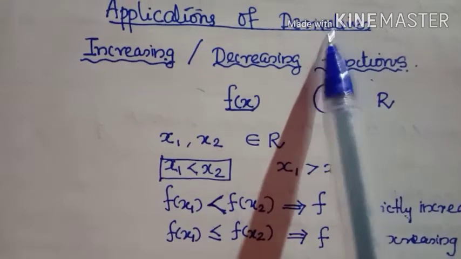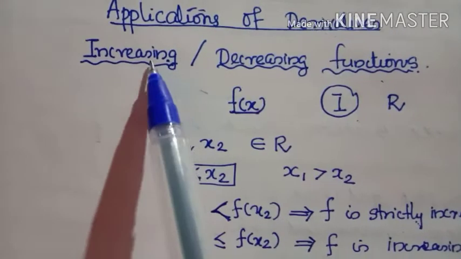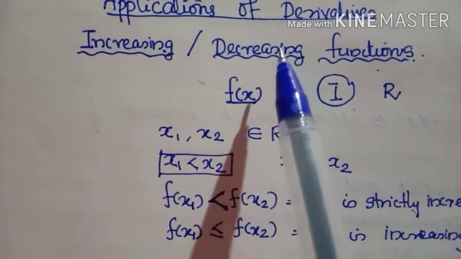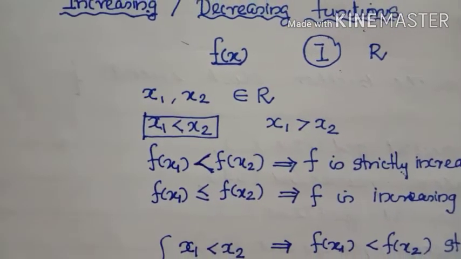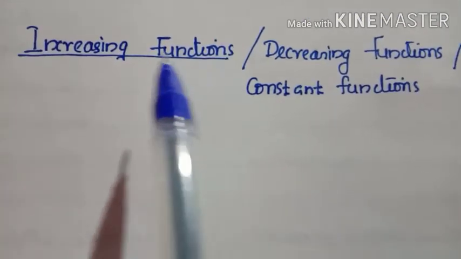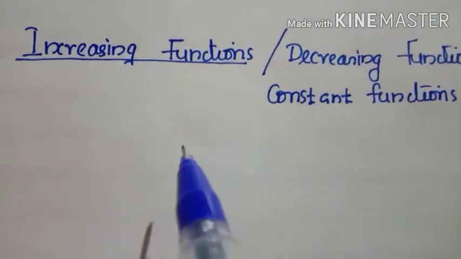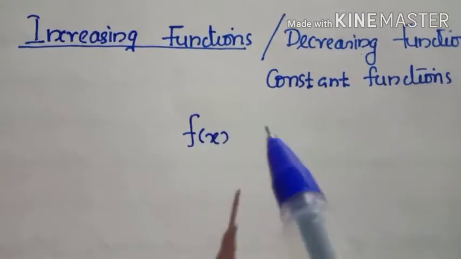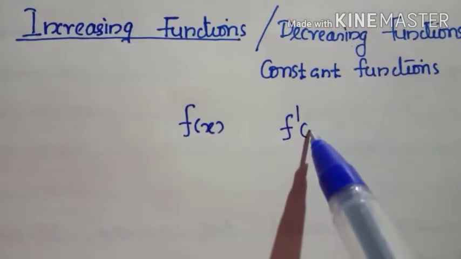So we are going to take the derivative form, and using this derivative form we are going to discuss how to check whether the function is increasing or decreasing in a particular interval. Now we are going to explain how to find, using derivatives, whether the function is increasing or decreasing. Suppose we have a function f of x. This is our function. What is the derivative of f of x? That is f dash of x.